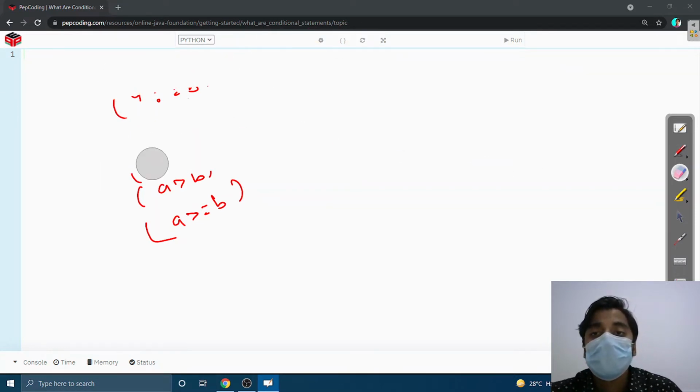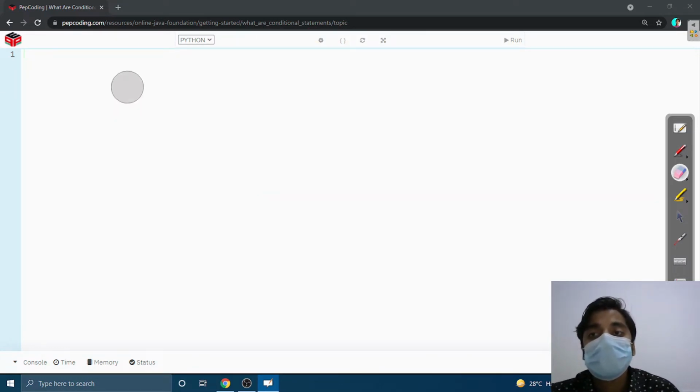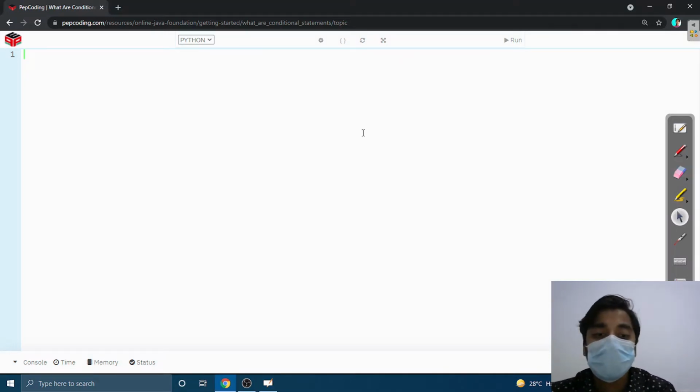So we are going to use the if statement. Let's see the if statement. Here I am going to initialize two variables: a is equal to 10, b is equal to 20. Now I am going to use the if statement. The syntax is we use the if keyword. Here I write the condition: if b is greater than a, then a colon, enter.